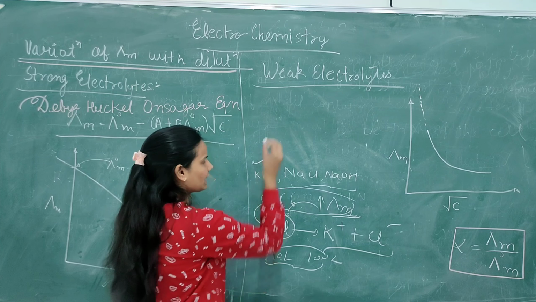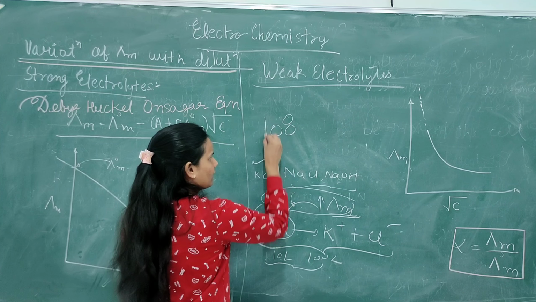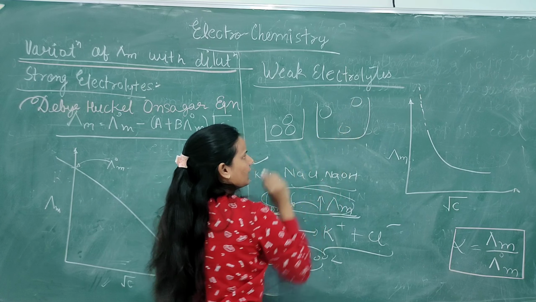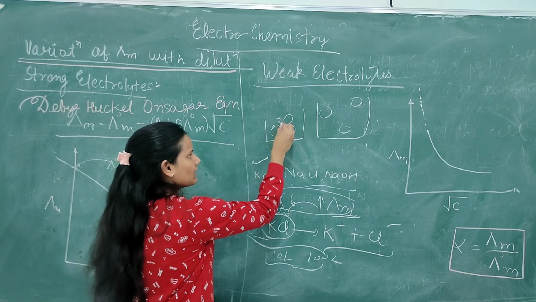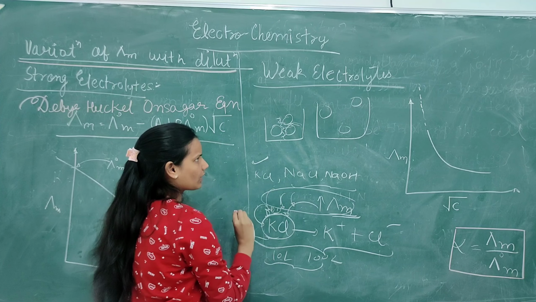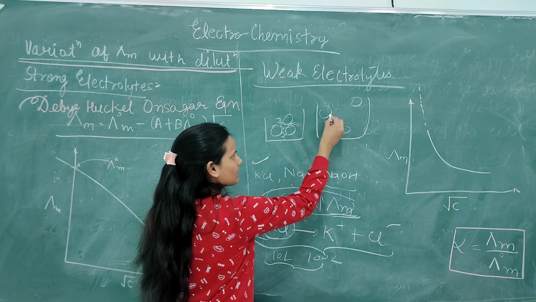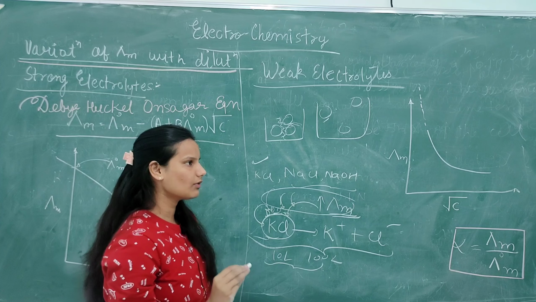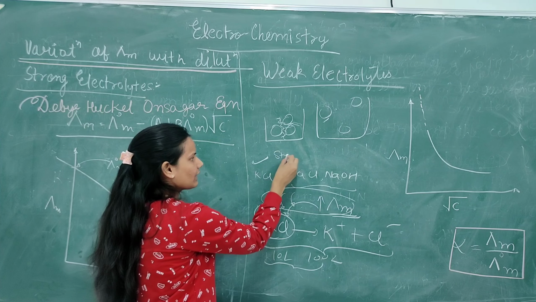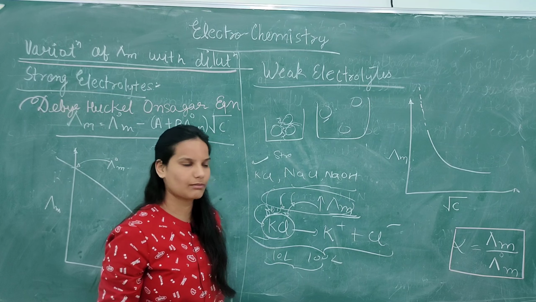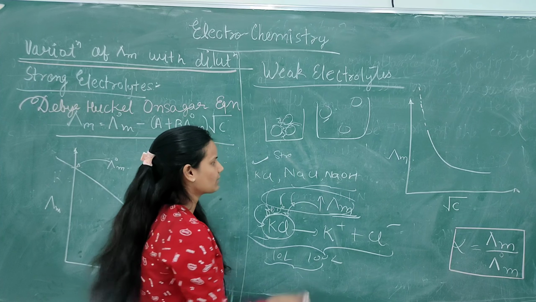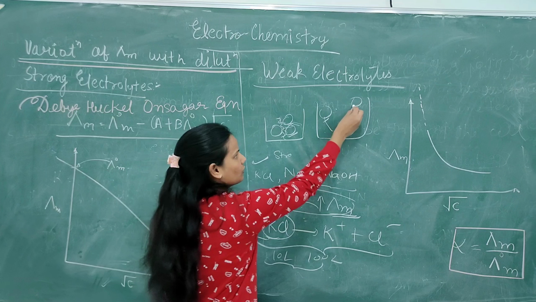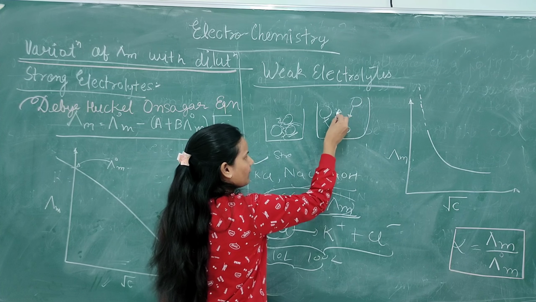It will only affect the spacing: if the ions are like this in 100 ml, they will become like this in 1 liter. So it will reduce the inter-ionic forces between ions of strong electrolytes and give them some space to move. As a result, the ionic mobility will increase and molar conductance will increase. So in strong electrolytes, there is no change in degree of dissociation because they are already completely dissociated. Only ionic mobility increases because they get space to move. Okay, you can get it.